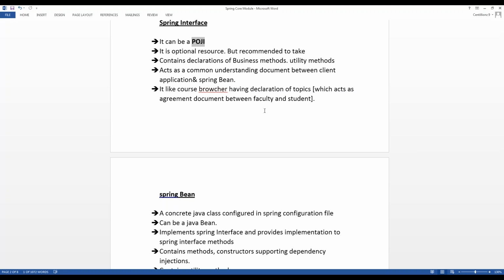That is called a plain old Java interface. What the faculty discusses inside the class is already implemented in the course brochure. If something is not predefined or not in the brochure, the faculty does not discuss it in the class. That's why we can say a POJI is a plain old Java interface.